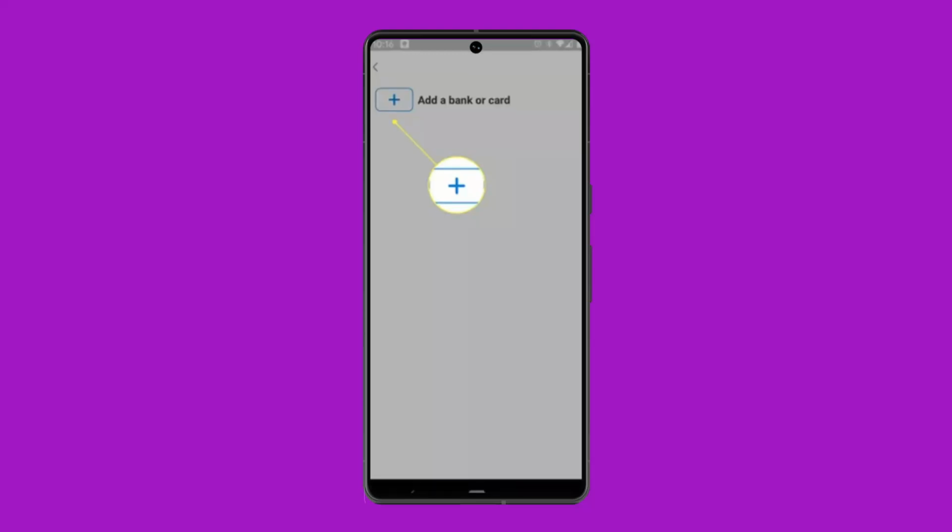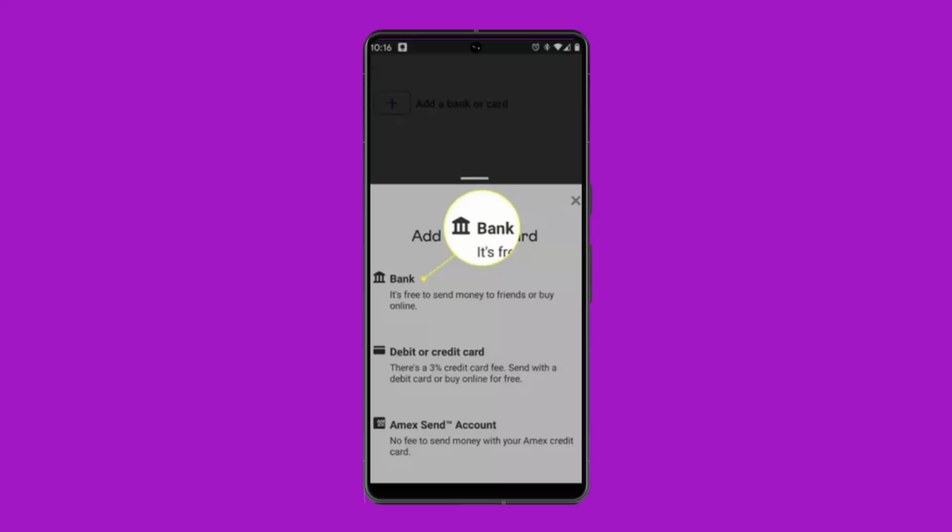So go ahead and click the bank account option. Add in the bank where you want to transfer money from to Venmo. So go ahead and add in the bank account details. As soon as you're done adding in the bank account, now what you have to do is just go to